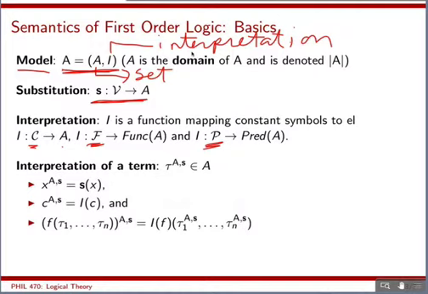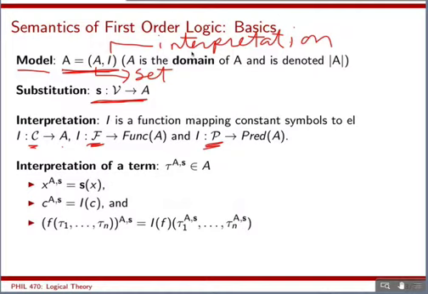The interpretation of the constant symbol C is just going to be whatever I says C is interpreted as. And to interpret function symbols, you first interpret the function symbol f, and then here this is saying f is applied to n different terms. You have to then recursively interpret each one of the terms. Okay. Now once we have that, we need a few other pieces of notation before we define semantics of our